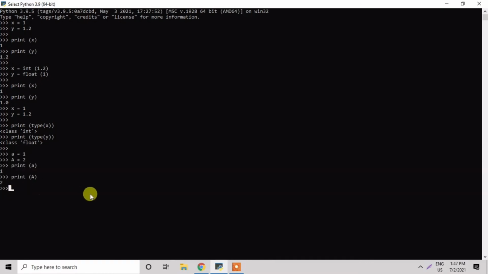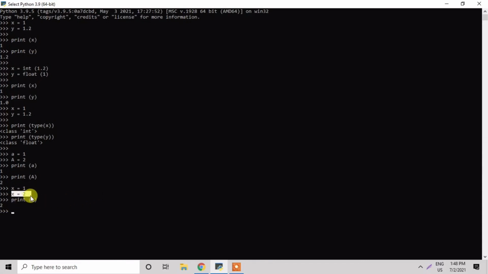So another example, that is variable name x and the value is 1, and second is x and the value is 2. So this is the double variable. So we'll print the value of x. So we can see the output, that is 2.